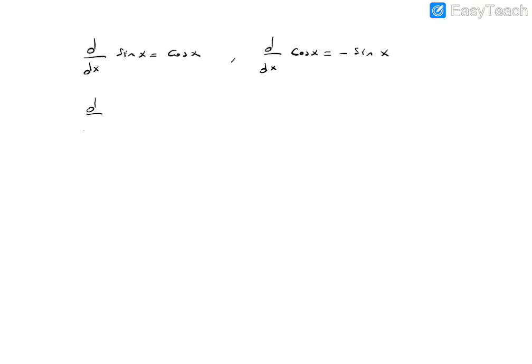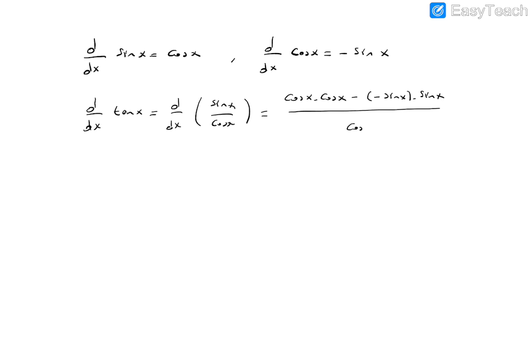So let's calculate the derivative of tangent x by using the quotient rule. Tangent is sine x over cosine x. The quotient rule says: the derivative of the numerator, cosine x, times the denominator cosine x, minus the derivative of the denominator, which is minus sine x, times the numerator sine x, over the square of the denominator. So this is 1 over cosine squared x, which is secant squared x. So the derivative of tangent x is